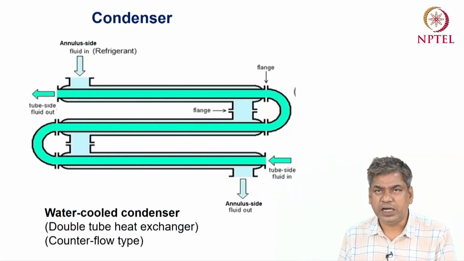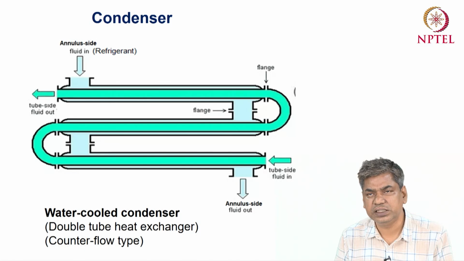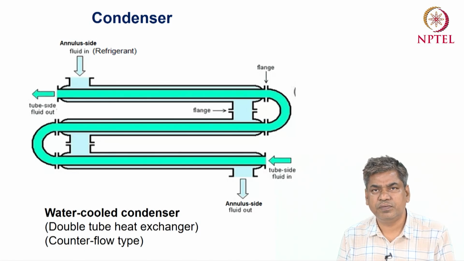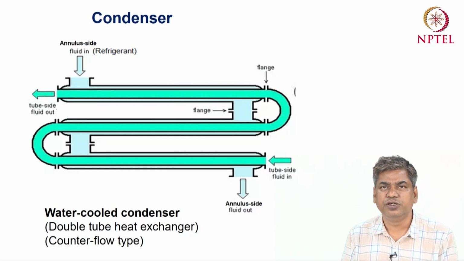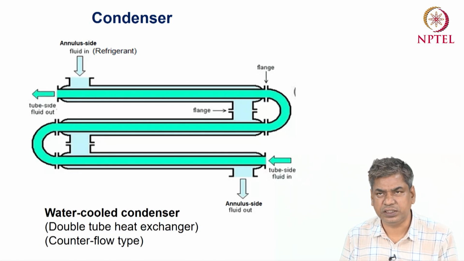Okay, so then another type of condenser is called the double tube condenser. In this case, you can see that it has two flow lines. One is the in tube flow for the inner tube, another is the space in between the inner tube and outer tube, that is called the annulus space. On the annulus side we can flow the refrigerant, and for the in tube side we can use some coolant, or maybe the reverse.